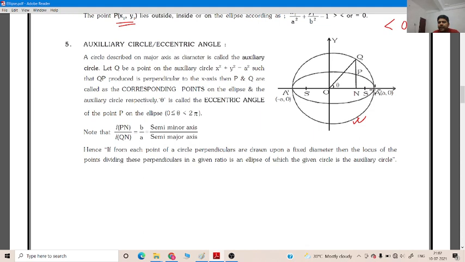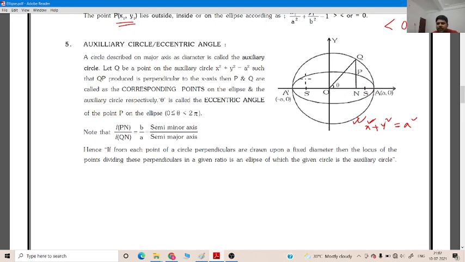The length of O is a, then from here to here the length is also a. Therefore, the equation of the circle, what do you get? X square plus y square is equal to a square. That is the equation of the circle. Because this is your semi major axis length, which is the length of its what? Radius.